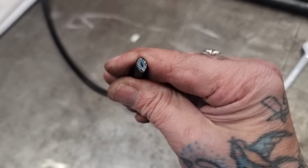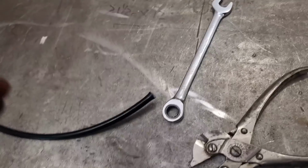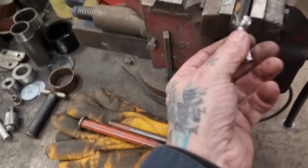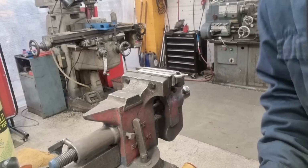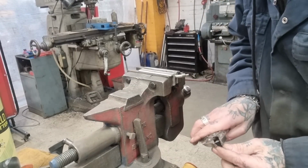You can get little guides. I'm sure you can get something to do it for you. There's a specialised tool to do it, but I don't have that. So I'll round that up a bit, and then put the soft jaws in the vise and clamp the fitting in. Take the nut off and the olive off and put it all together. Yeah, so we'll round that off